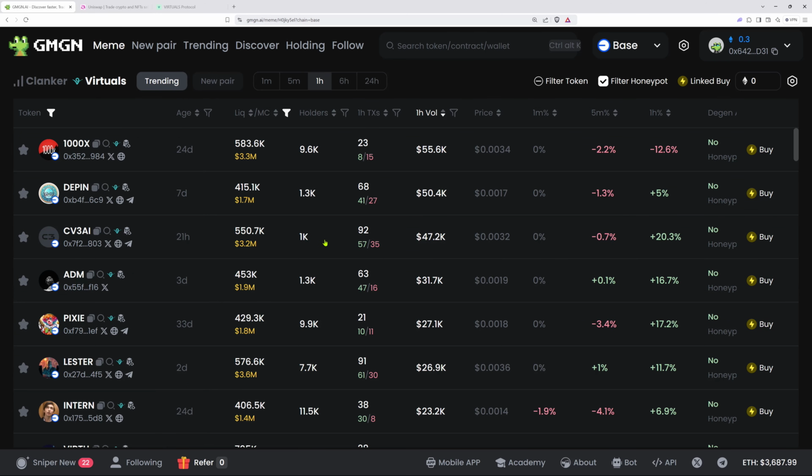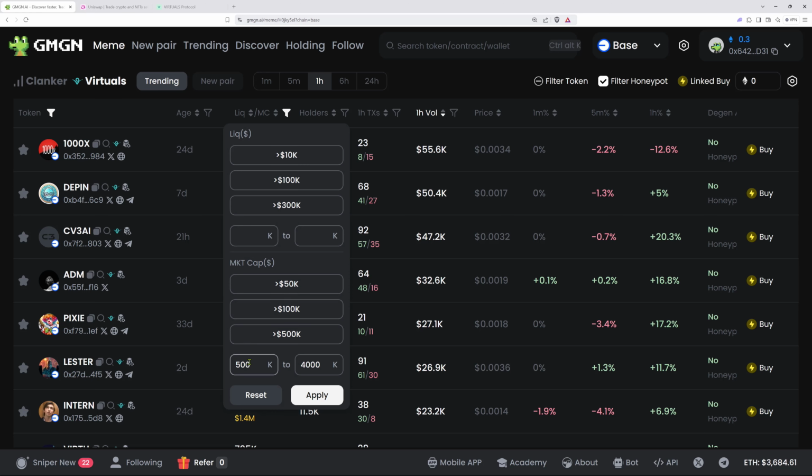Ideally, when I'm hunting for gems as well, it's not necessarily only the ones that are new, like I just showed you. I also like to target certain market cap ones. So I am going to use this particular filter here, and as you can see, I already have that in, right? It's set at 500,000, okay? So 500,000 market cap up to 4 million market cap. And I know that says 4,000, but these filters are denominated by the 1,000. So 4,000 will mean 4 million. 5,000 here will mean 5 million market cap, and so on and so forth.